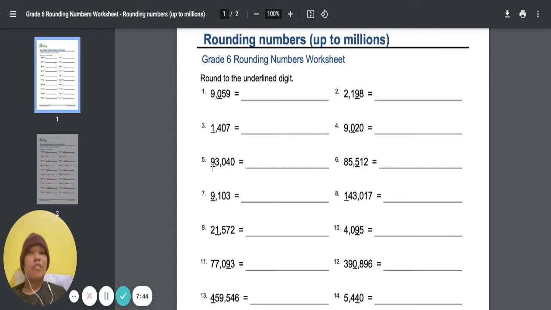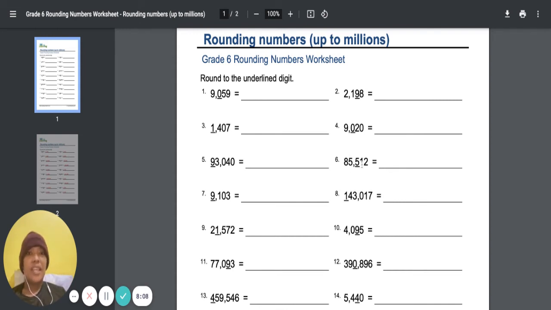This is 10,000s na po. Yung ginuhitan niya is 9. Ano yung katabi ng 9? 3. So, that is less than 5 again. So, ano gagawin niyo pag less than 5? Retain ang 9, 0 po lahat yan. So, your answer is 90,000. Okay, kuha po. Number 6,